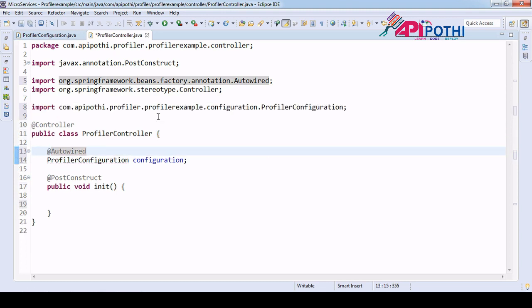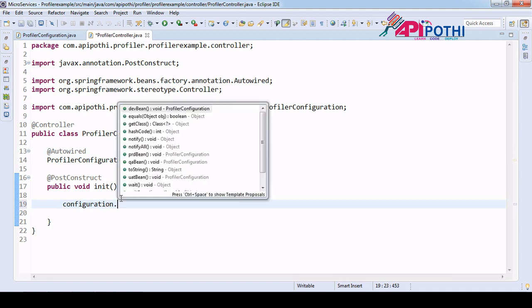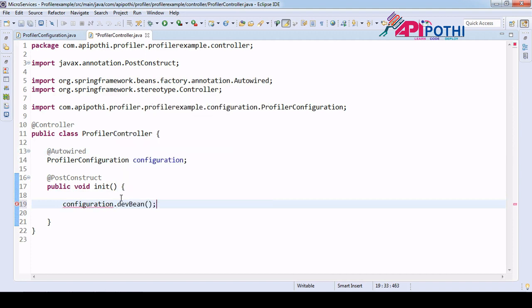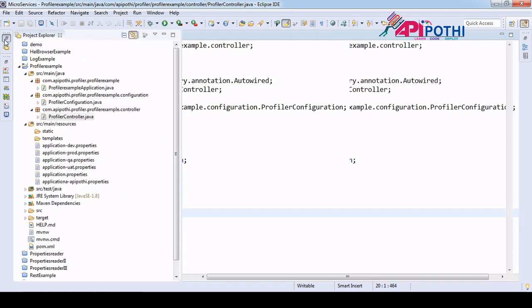Okay, and I need to import this. Fine. Now with the help of the configuration instance, I call dev, and then this is okay. Let me run this one first. Okay, now I am running on the dev profile.